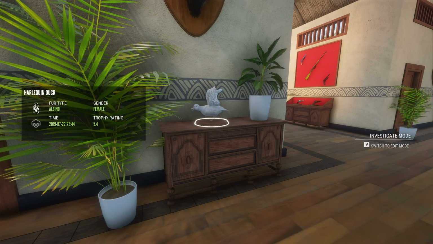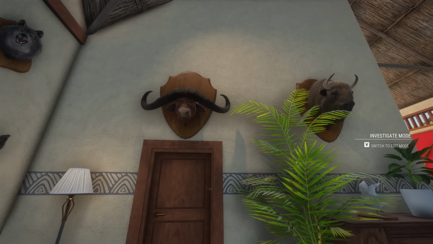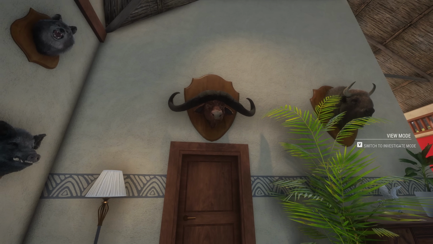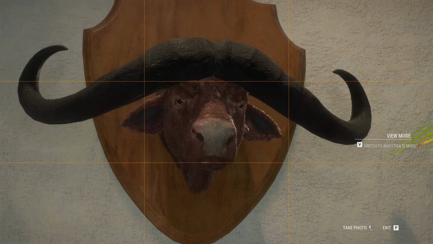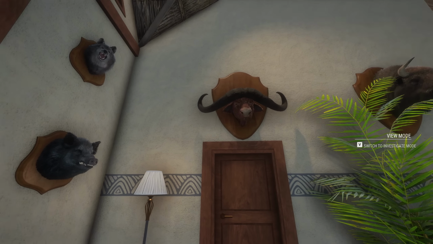We got the albino harlequin duck. We've got a diamond European bison scoring 131. We've got ourselves a max scoring brown Cape buffalo, which is one of my better Virhonga trophies. Anytime you can get a max scoring cape, it's great. Those big horns just look incredible. And then for it to be an uncommon like the brown as well, just tops it off to make it